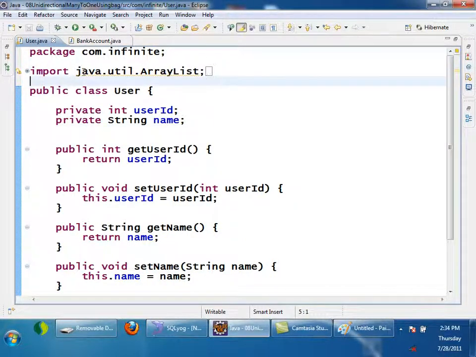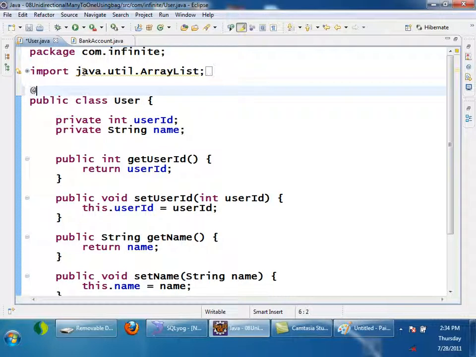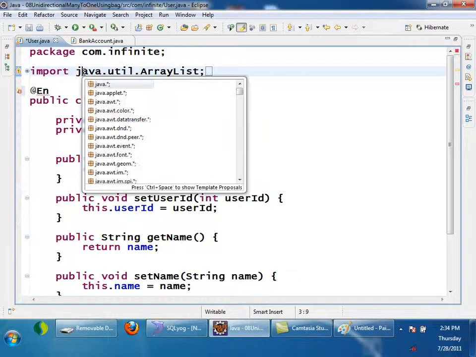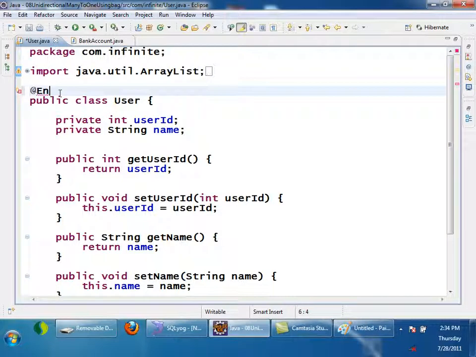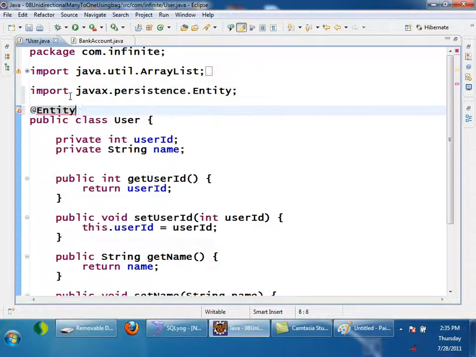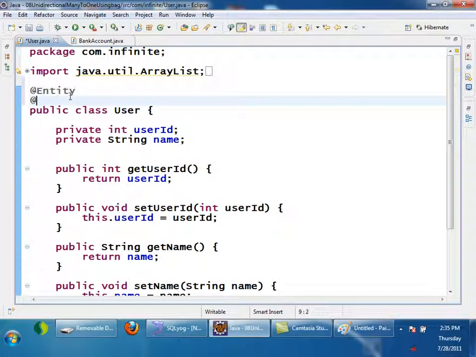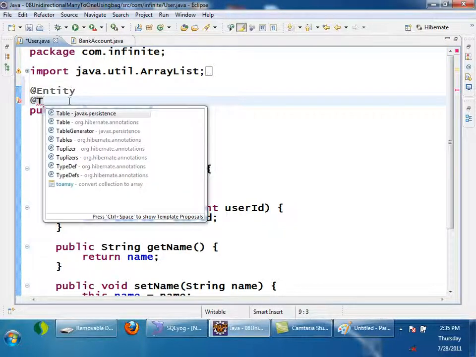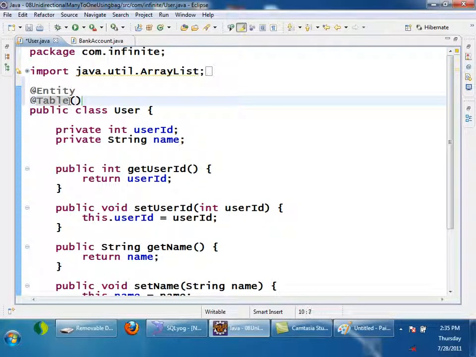First let us configure user. I will annotate it with entity. And also I will give table annotation. Name of the table I will give as annotation underscore user underscore many to one unidirectional.